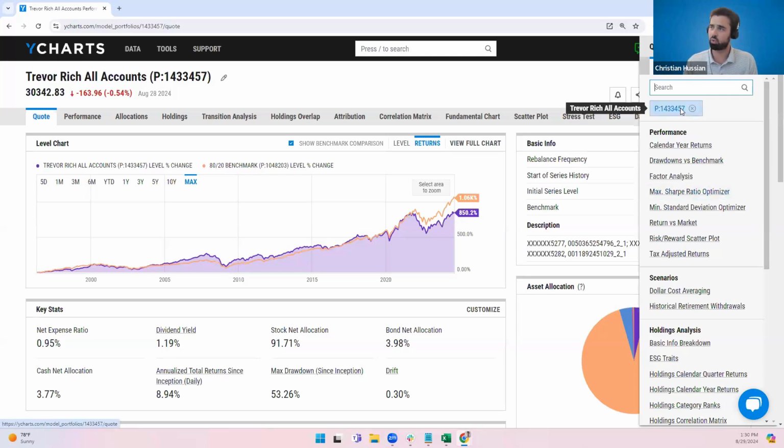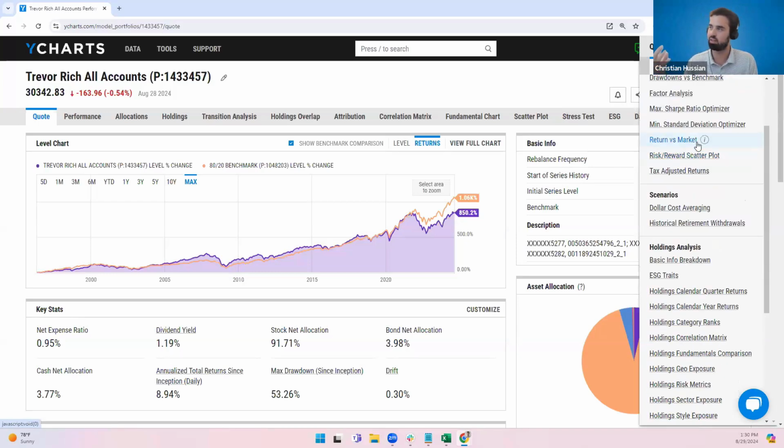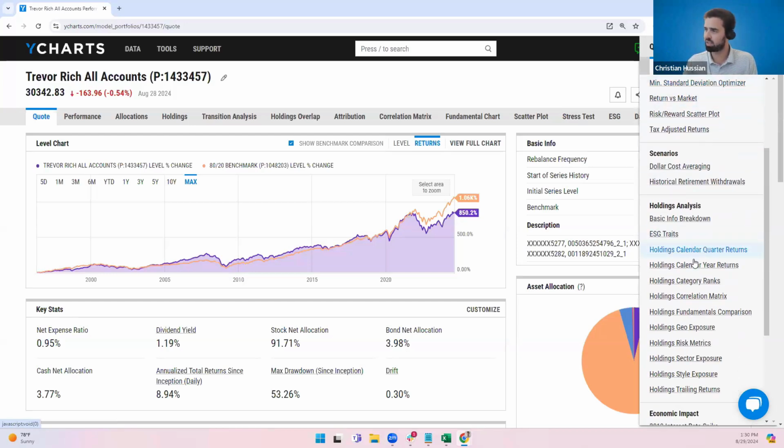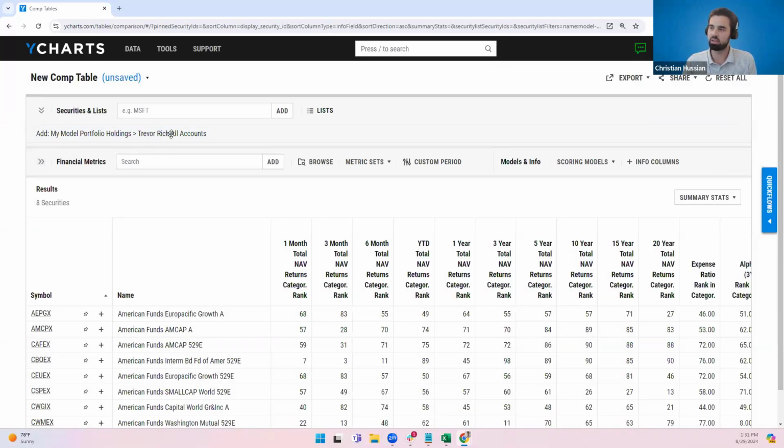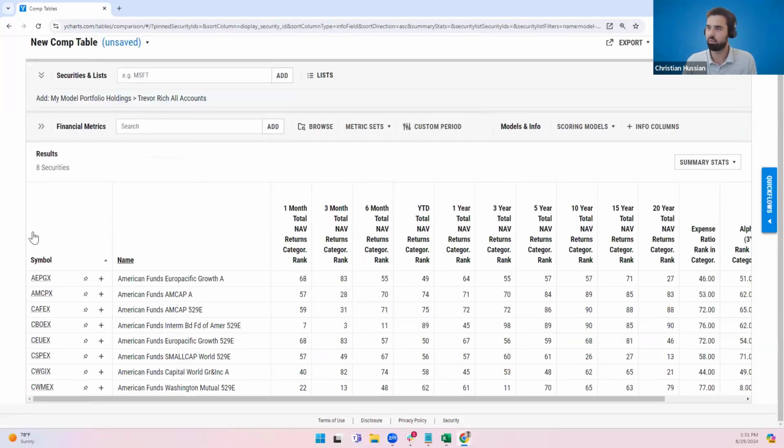So once I click on quick flows, it's already got our Trevor Rich portfolio loaded up in here. And here are all the different options of things that we can look at while doing research on this portfolio. One example I want to touch on is I want to take a deeper dive into these funds that Trevor Rich is holding, and I want to see what